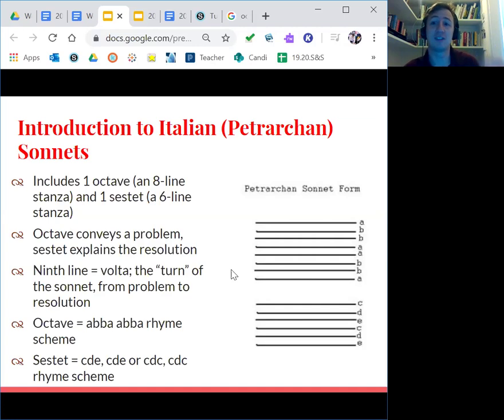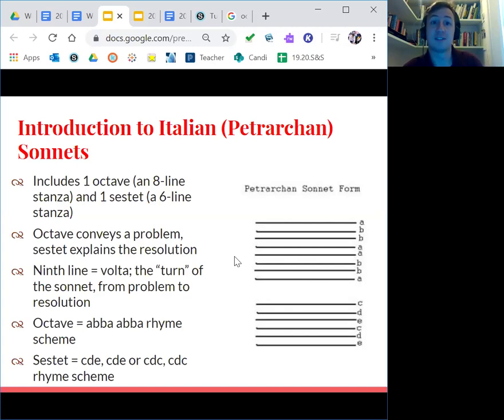But since the sonnet was invented in Italy, we should begin there. You can think of the Italian sonnet as having a problem-solution structure. If you look on the screen, you see the structure all the way on the right-hand side. An Italian sonnet, in the first part, which is the octave, has 8 lines. Octave is the first stanza. In there, the poet will present a problem or a challenge that needs to be addressed.